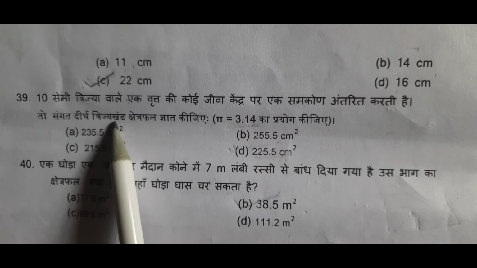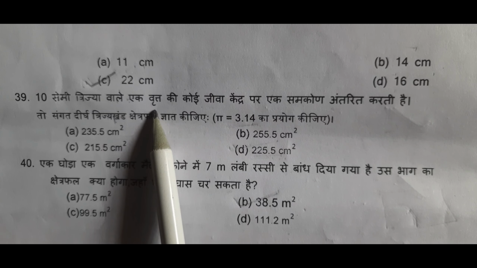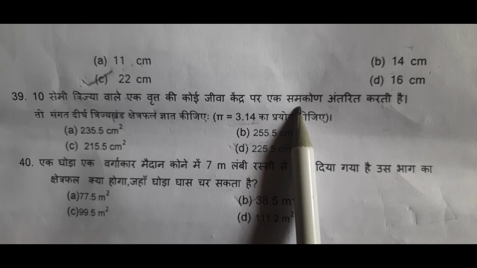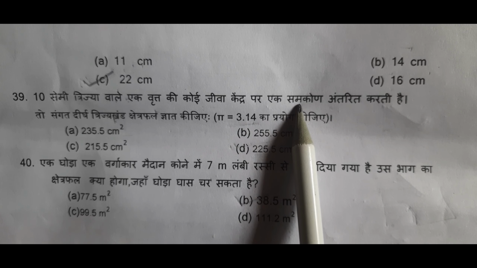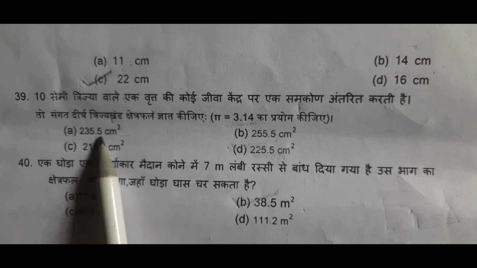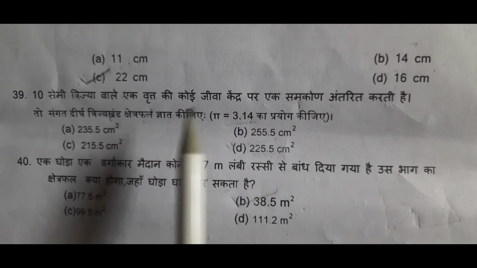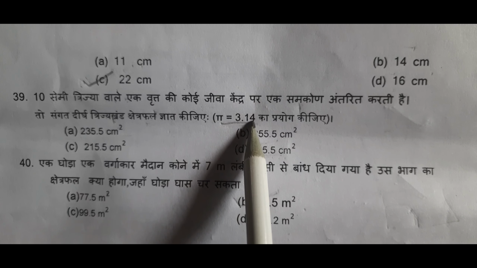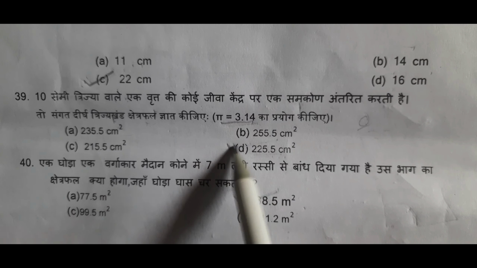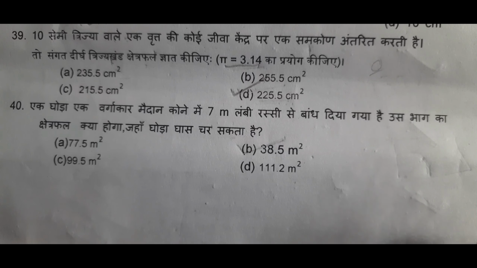A chord of a circle of radius 10 centimeter subtends 90, a right angle at the center, then find the area of corresponding major sector. Then here you have to take pi value here. Now you know theta by 360 area, if you see this, you will get 225.5 centimeter square will be the answer. Now the last question,